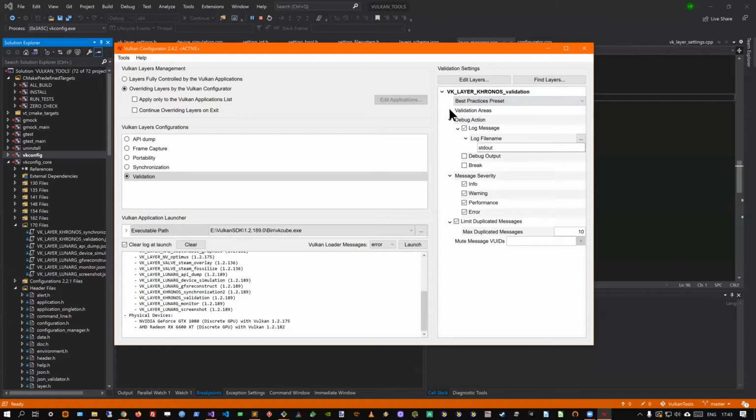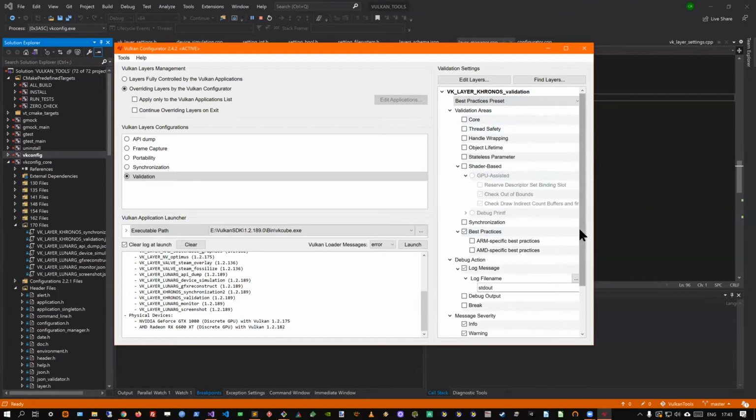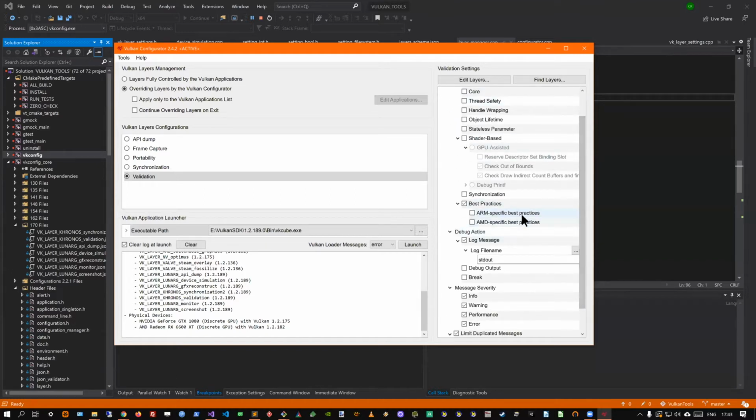Best practices is something that was added and I found very interesting, because it's not just errors, it's also warnings or potential problems of the application, but not necessarily an error. It's correct code. It's valid code.